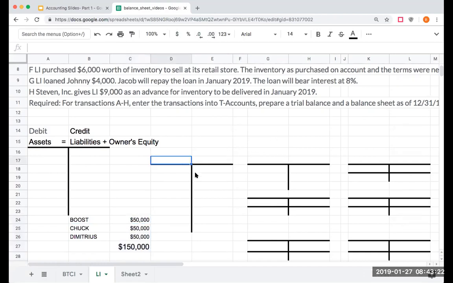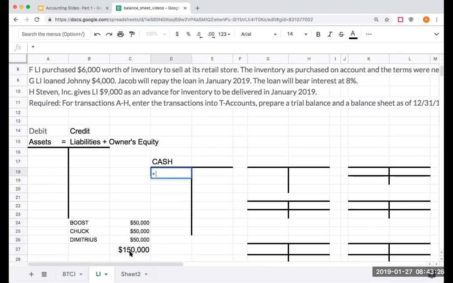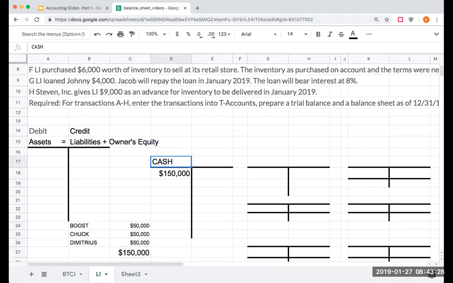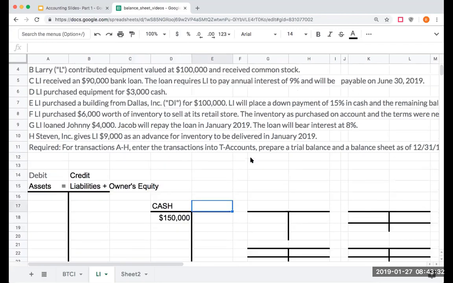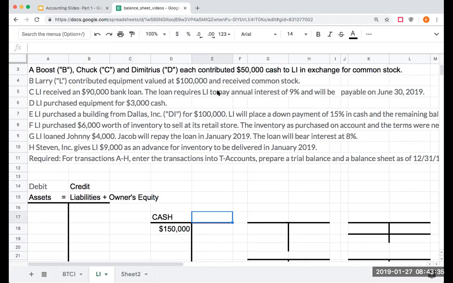So LI received cash of $150,000. And for every debit, we need a credit. Well, what did the company give them for that cash? Well, the company issued common stock. So they issued common stock valued at